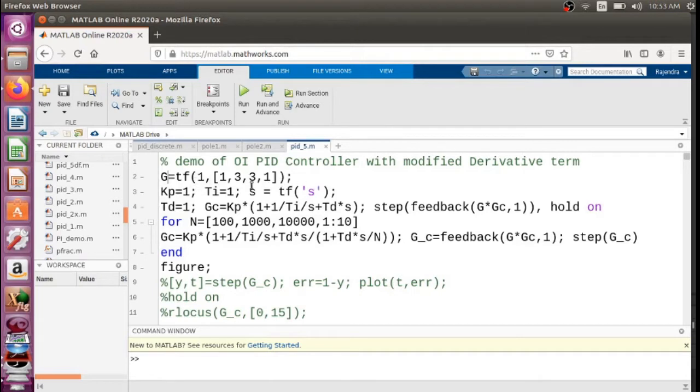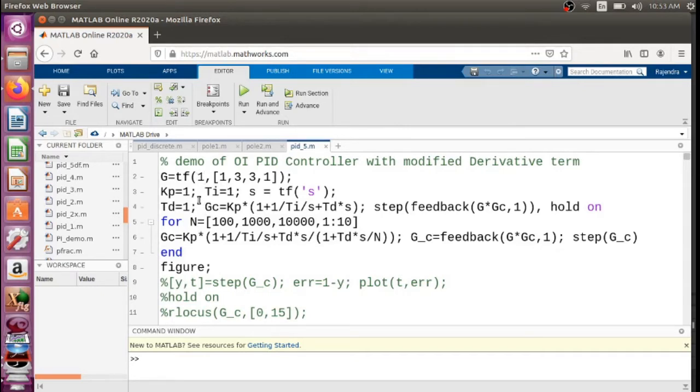In the transfer function brackets we have two terms, with one term followed by a comma. The first term is the numerator polynomial, and the second term expresses the denominator polynomial. The 1 means there is no s term, it is just a constant.